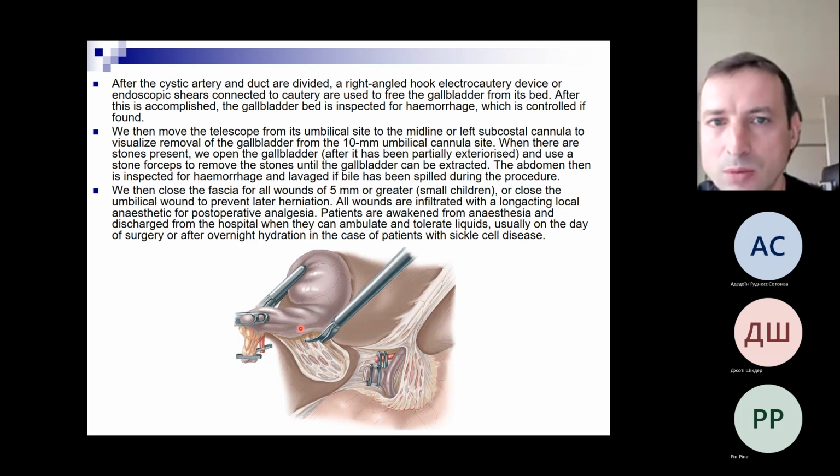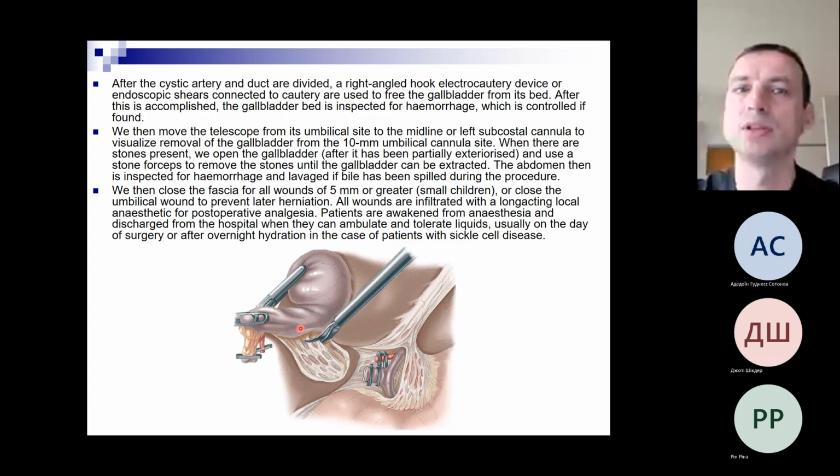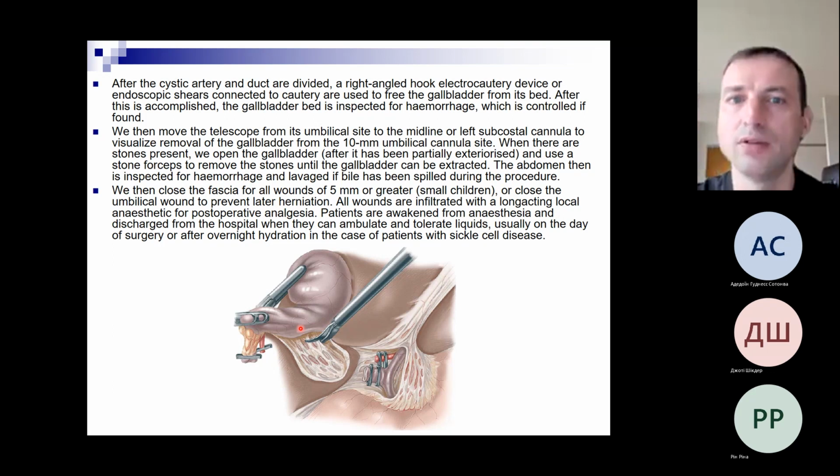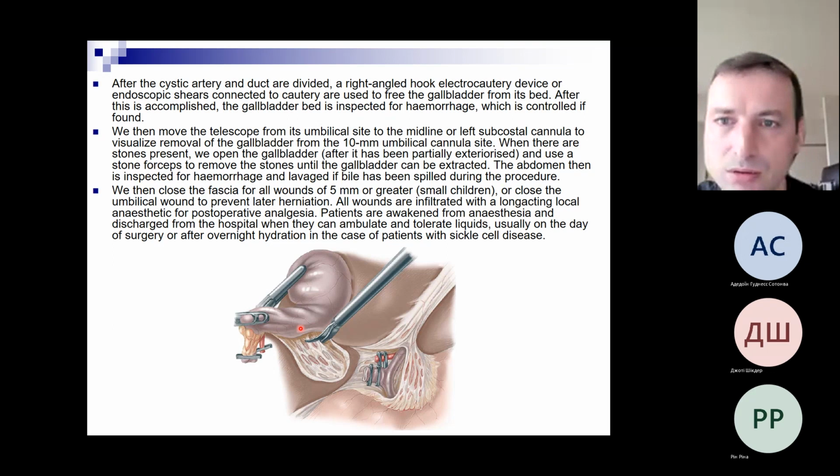Then move the telescope from its umbilical side to the midline or left subcostal cannula to visualize removal of the gallbladder from the 10 mm umbilical cannula side. When there are stones present, we open the gallbladder and use a stone forceps to remove the stones until the gallbladder can be extracted. The abdomen then is inspected for hemorrhage and lavaged if bile has been spilled during the